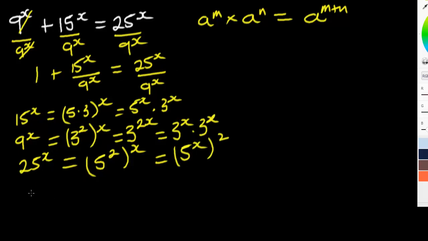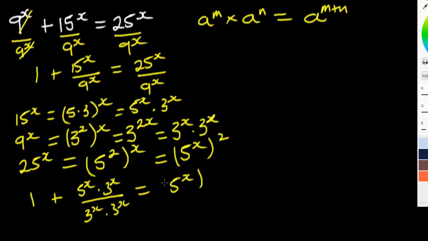So the equation will now become 1 plus 15 exponent x is now 5 exponent x multiplying 3 exponent x, all over 9 exponent x, which is now 3 exponent x times 3 exponent x, is equal to 25 exponent x, which is now 5 exponent x all squared, all over 9 exponent x. With 9 exponent x we are going to use this one instead, and we can rewrite this as 3 exponent x all squared. So this one will go for this one, and we are going to be left with